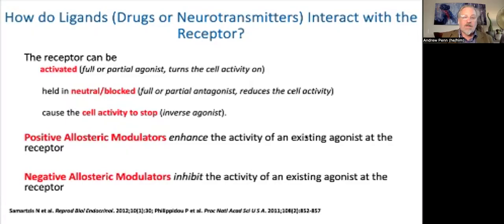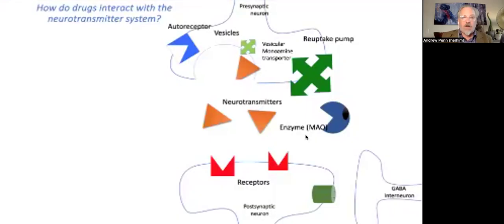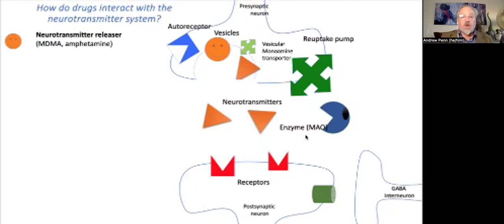I've already talked about positive and negative allosteric modulators, but those work in tandem with an existing ligand for that receptor type. And let's give some examples of different kinds of drugs and how they interact with these neurotransmitter systems. The first one is pretty straightforward. This is to cause a direct release of a neurotransmitter. A good example of this would be amphetamine, which causes dopamine to be pushed out into the synapse from the presynaptic neuron. Another would be MDMA, which causes largely serotonin to be pushed out from the presynaptic neuron